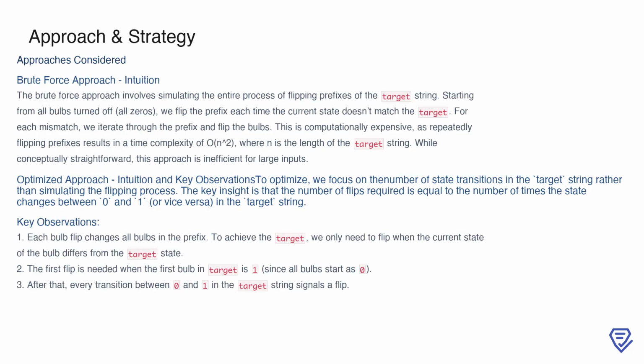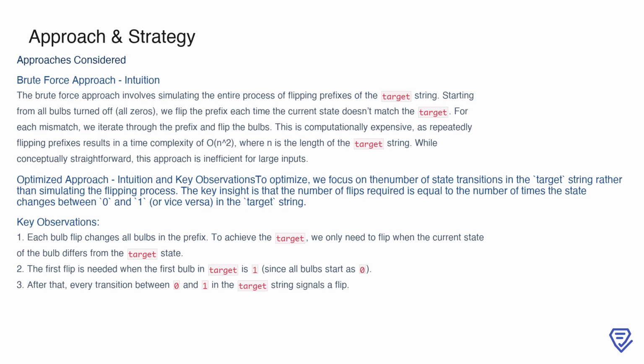To solve the Bulb Switcher 4 problem, let's start by exploring a brute force approach. The intuition here is to simulate the entire flipping process. Imagine starting with all bulbs turned off, which we represent as zeros. Each time the current state of the bulbs doesn't align with the desired target string, we flip the prefix of bulbs up to the mismatched position. However, this involves iterating through the prefix and flipping bulbs repeatedly, leading to a time complexity of n² for a target string of length n. While this approach is straightforward to understand, it's computationally expensive and becomes impractical for larger strings due to the repeated